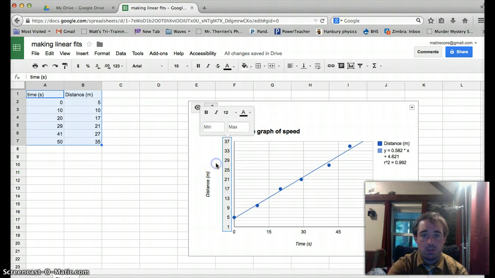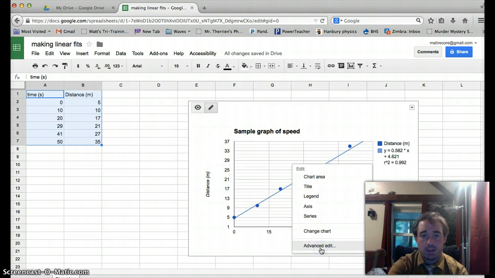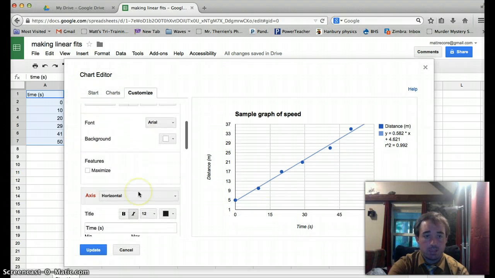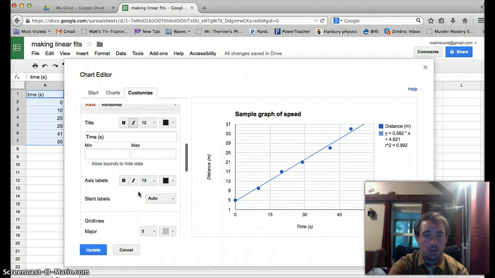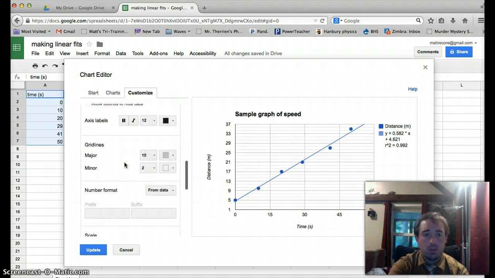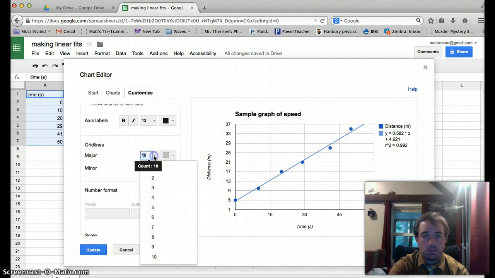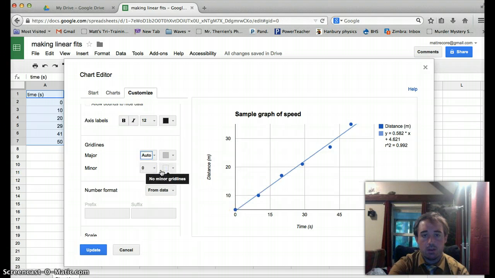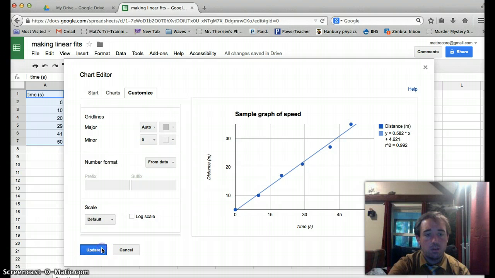and I don't really like that scale, so I'm going to change it. So I go back to Advanced Edit, right where we played with that scale. On axis, I want to talk about my left vertical, and I want no minor grid lines, and I want it to auto. It's just going to make it a lot easier. Update